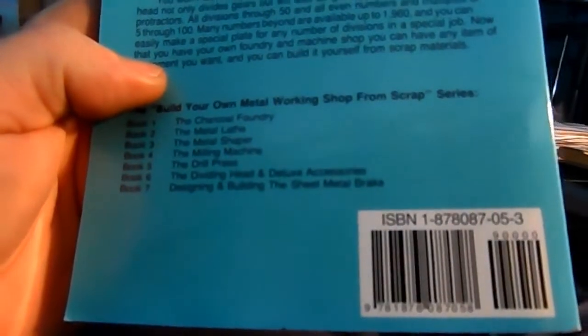I did actually have all these on PDF, but unfortunately the hard drive failed, and yes, I know I should have had it backed up, but I've lost everything, so yeah. We have here,